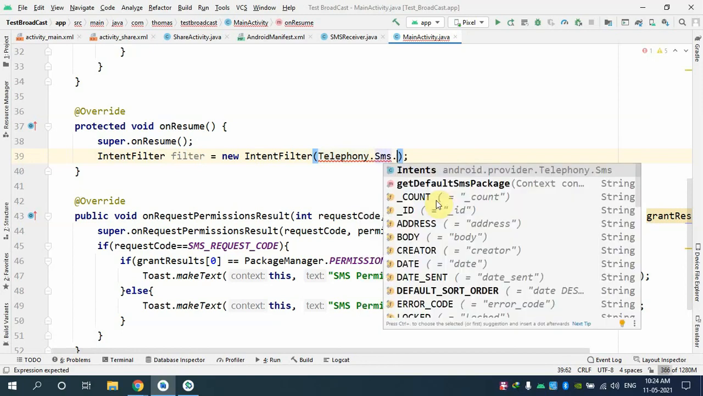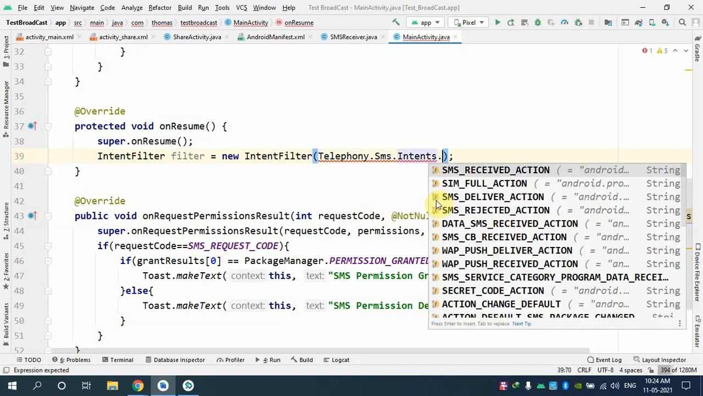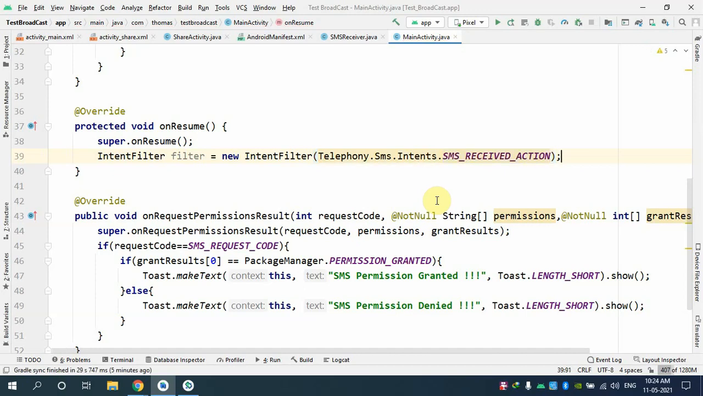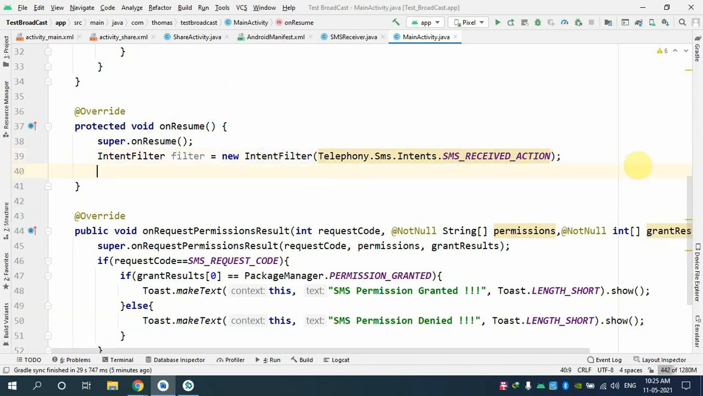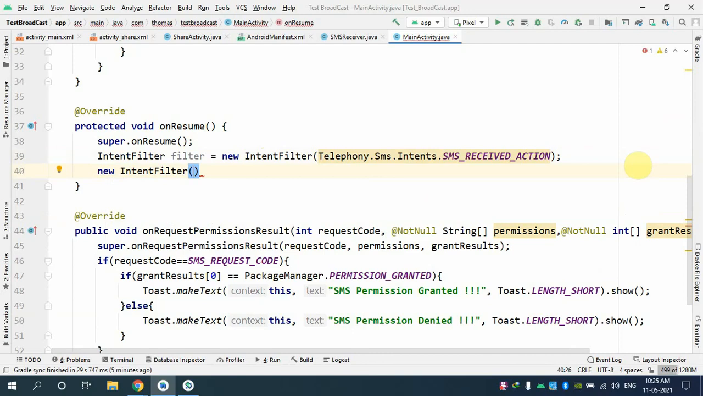Dot. Okay, intents. Please note that when an SMS comes, I have to move from there to here. So when I have this action of moving, obviously I call intents, and I'm looking for the SMS received action. This is the action I'm looking for. So what am I supposed to pass in the intent filter? I just showed you before, but anyway, you can see what I'm supposed to pass is